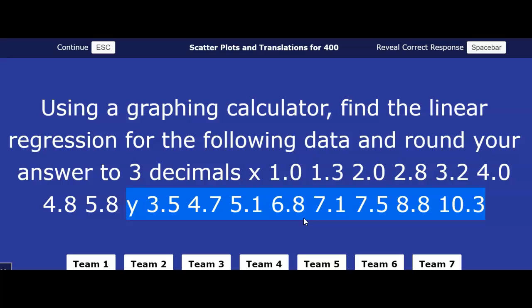I have a question. I plugged them all in. How do I get it to show me the answer after I plug it in? Go back to stat, then arrow over to calc and down to linear regression. So after you get this in L1 and L2, you go back to stat, arrow to calc, and go to option 4 for linear regression. And then it should tell you your A value and your B value. Wait, can you go back to the answer? Sure.